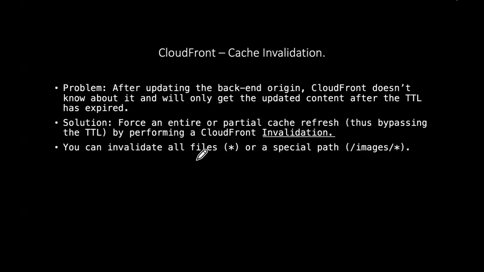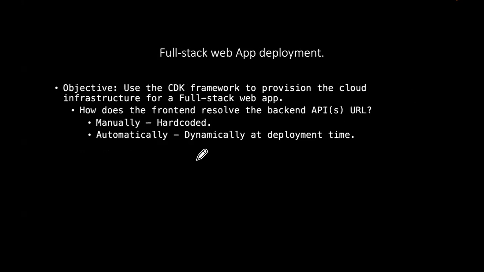Cache invalidation, I'm just going to skip over that actually. Are we on time? Okay, let's move on to